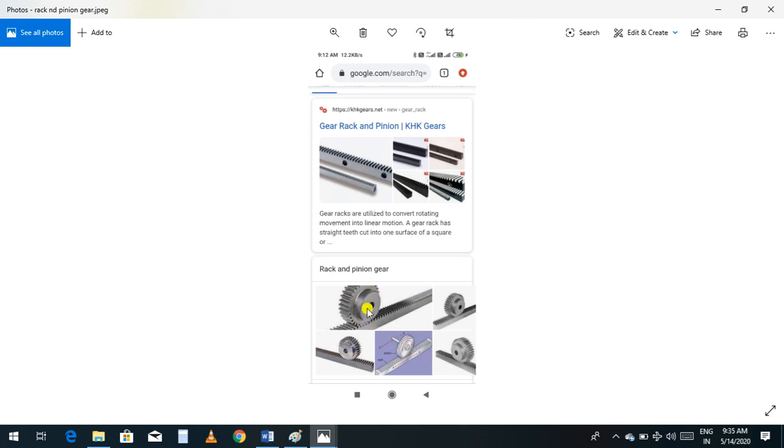Then this gear will also rotate by reference to this gear. So these types of gear are called rack and pinion gear. Gear racks are utilized to convert rotating movement into linear motion. A gear rack has straight teeth cut into one surface of a square bar.